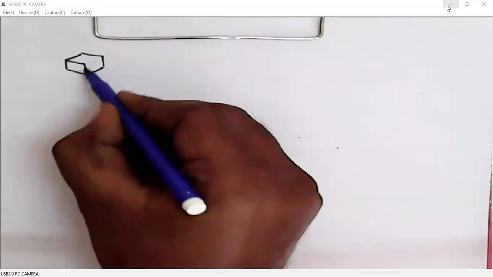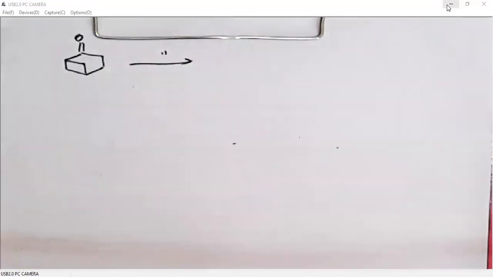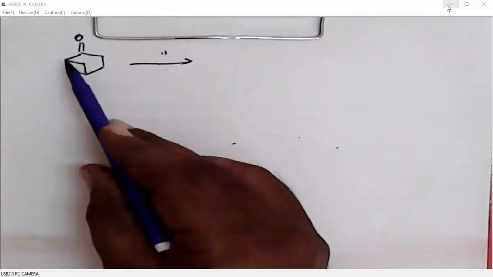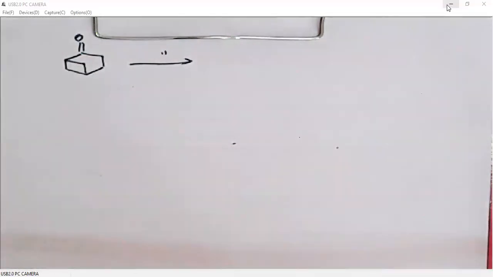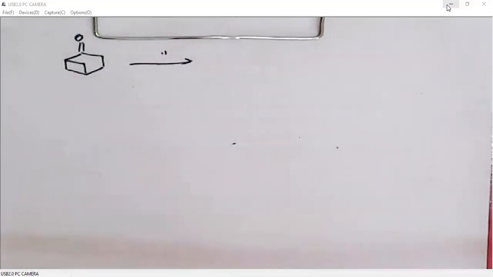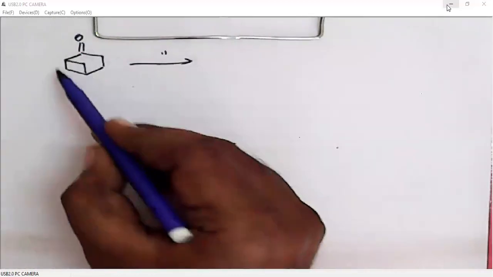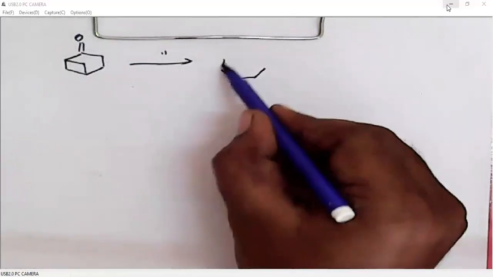What happens when we use Baeyer-Villiger oxidation conditions for this? In the previous example, we were discussing Baeyer-Villiger oxidation of a symmetrical ketone. But here it is an unsymmetrical ketone. One side it is a tertiary carbon, the other side it is a secondary carbon. Then which alkyl group will migrate in a Baeyer-Villiger oxidation? So this is a 6-membered ring. If it migrates, we will get a 7-membered ring.